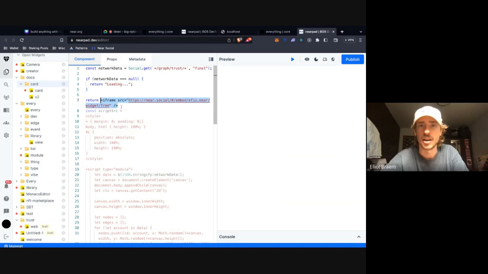I don't know why it's not working right now, but he has this special embed route where you can embed it in other iframes. So you could have a gateway that embeds another gateway.